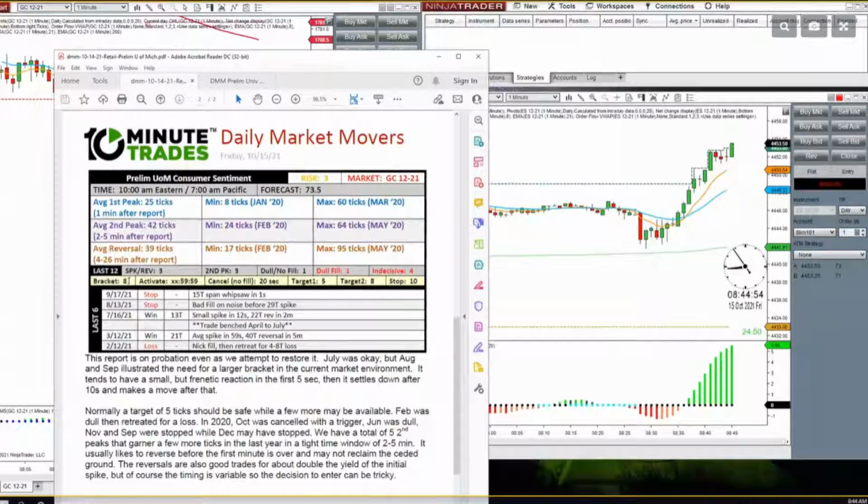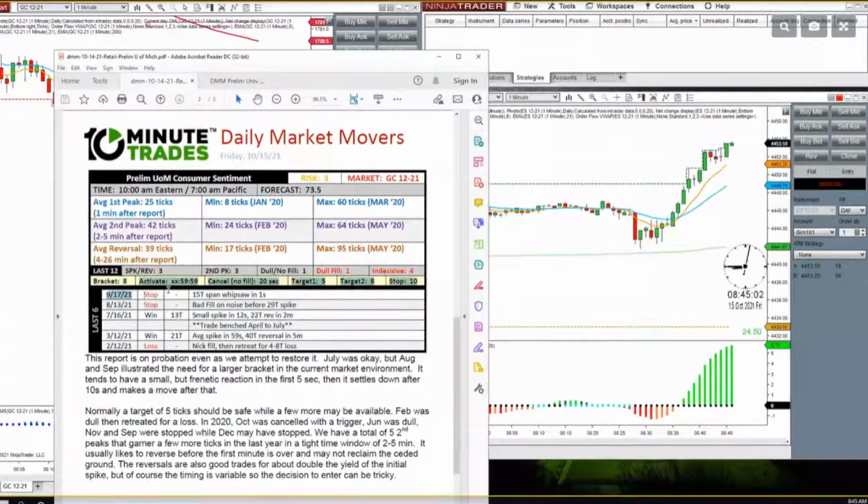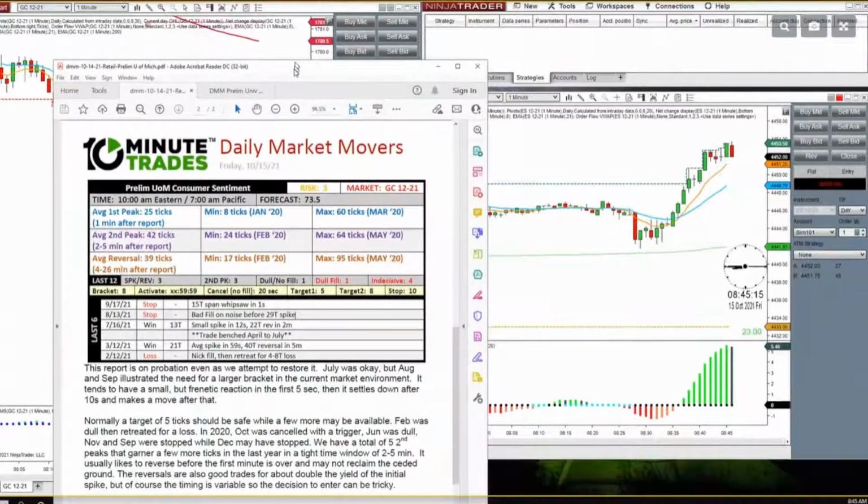If I were going to trade University of Michigan, and based on the way the report looks, it was benched. It was 2 stops in a row. I would only trade it with a bracket of 10. I would not. To me, going from 7 to 8 doesn't address the problem enough.